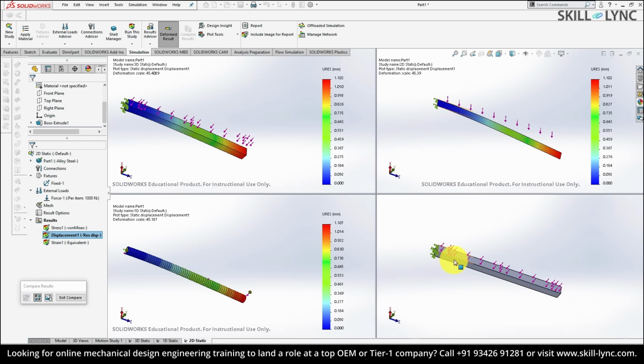Yes, so this is the model that we use for our analysis, and we have the 3D simulation results here, the 1D results and the 2D results. If you look at the values, we seem to have received approximately the same values in all three simulations. So depending upon your requirements, you may choose whether you want to perform a 3D analysis or a 2D analysis